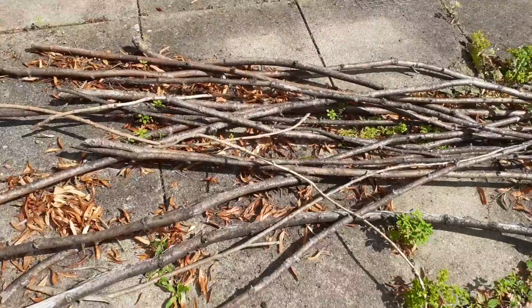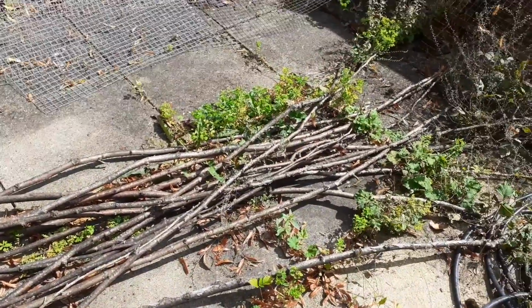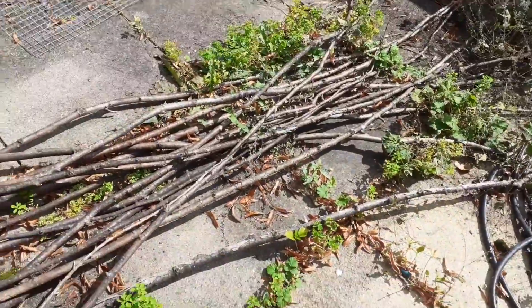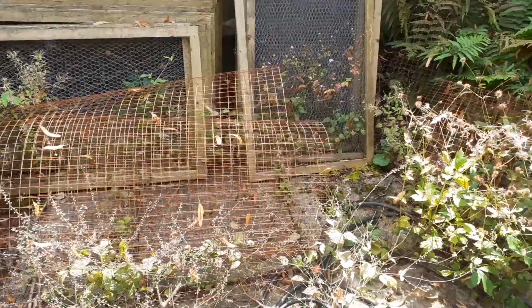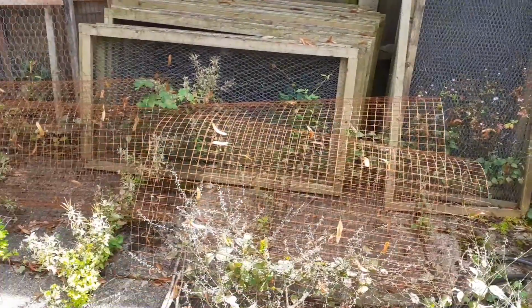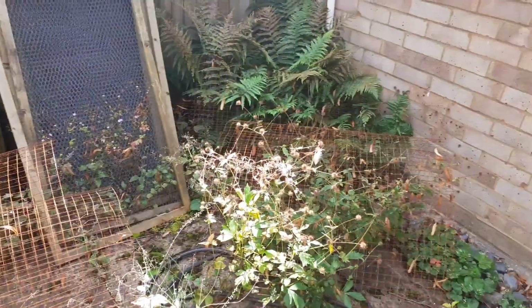So these sticks were ones that I collected to make up a trellis for the peas to go up, but they're ones I didn't get around to using, so I'm going to have to move those out of the way. And these are bits of wire that I used on the floor underneath the rabbit run, but they weren't really thick enough. The wire gauge was too thin. So I'm going to have to move those out of the way to be able to get to the last